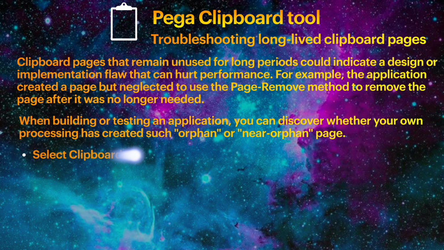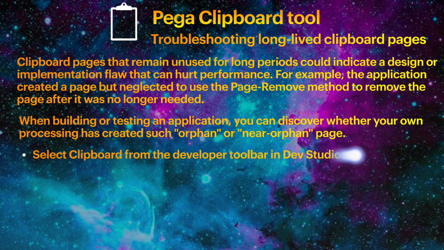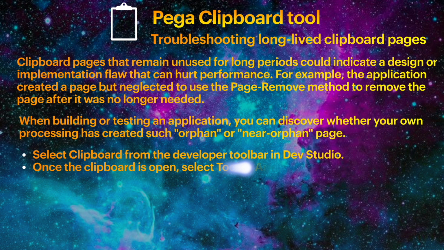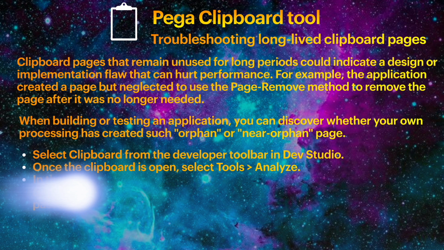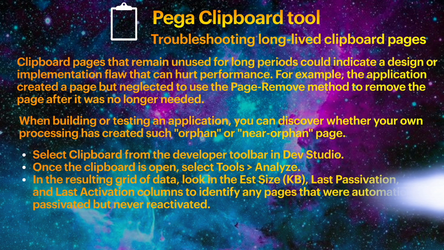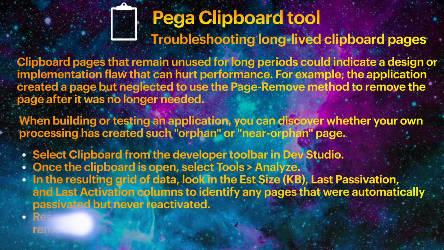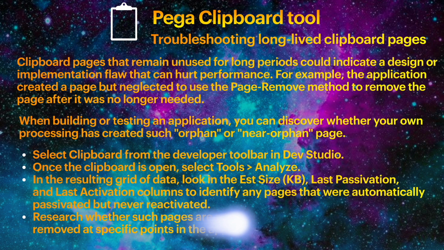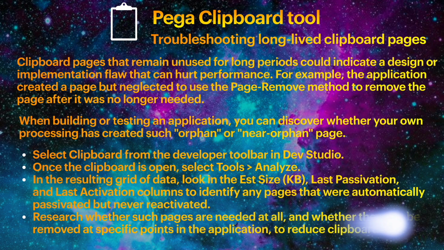Select Clipboard from the Developer toolbar in Dev Studio. Once the clipboard is open, select Tools, Analyze. In the resulting grid of data, look in the Estimated Size KB, Last Passivation, and Last Activation columns to identify any pages that were automatically passivated but never reactivated. Research whether such pages are needed at all, and whether they can be removed at specific points in the application. To reduce clipboard size,